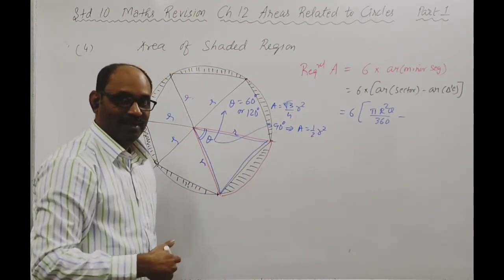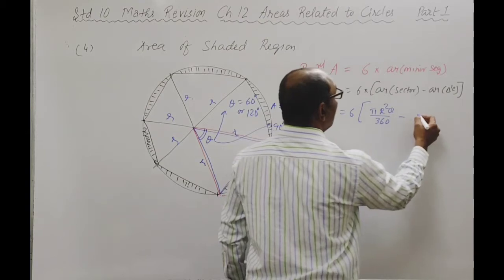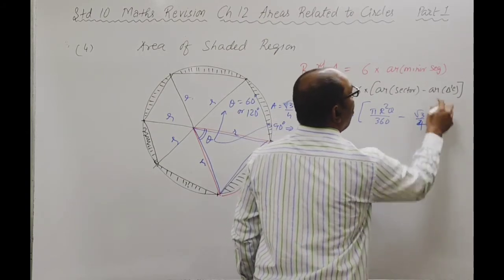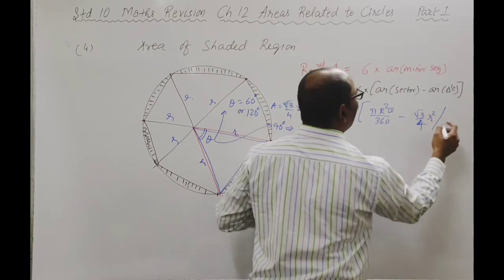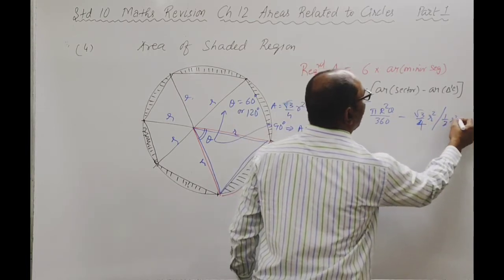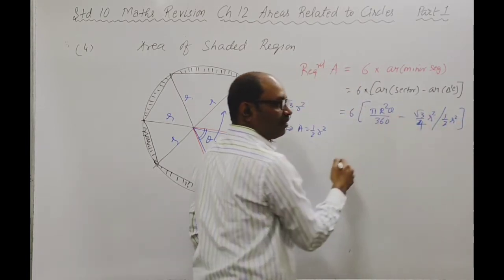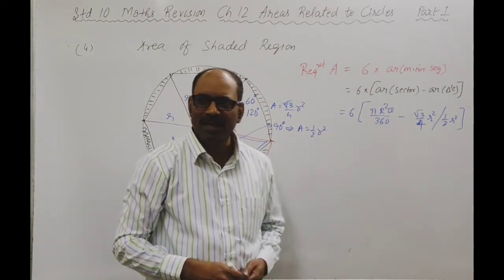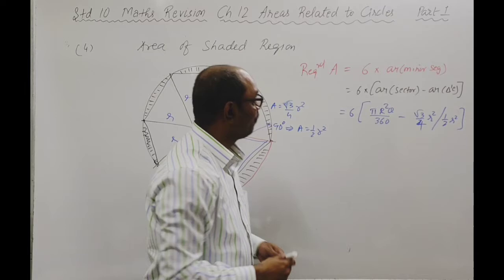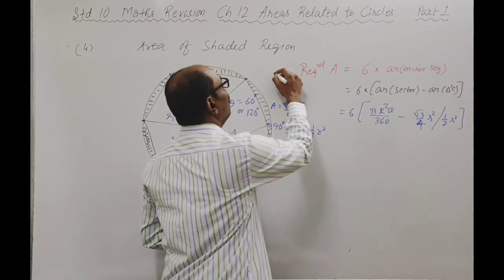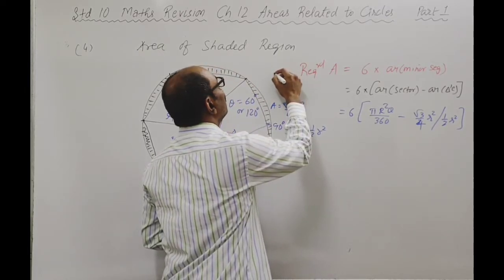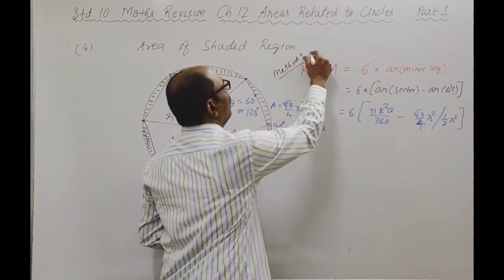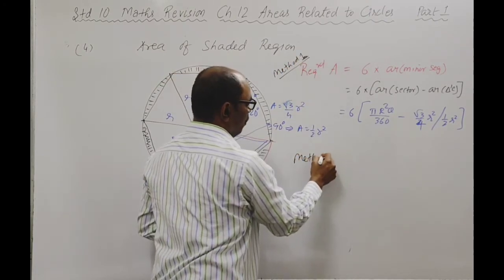I've discussed that earlier in this video itself. So either root 3 by 4 r square or इसकी formula depends upon theta या half r square होगा. Either put this or this. It depends upon. बस उसके बाद आपको ये मिल जाए. There is one more way. This is what we call method 1. Now method 2.